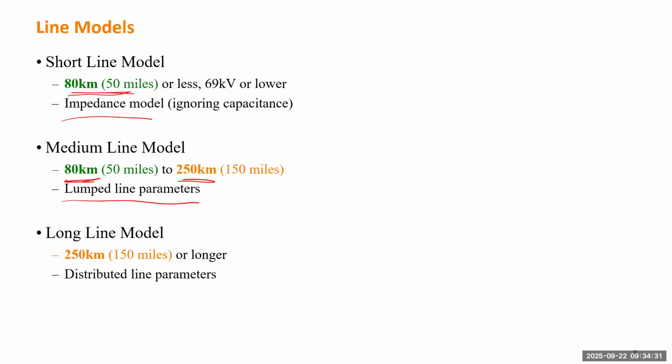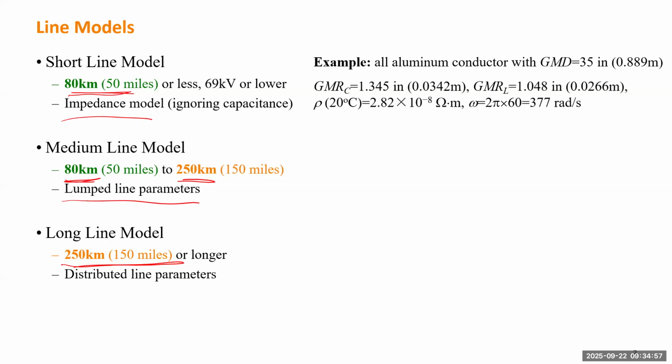But once you move to a long line model, longer than 250 kilometers, it's not accurate anymore to just treat the total resistance, for example, of the entire line as only one lumped element. You have to split it into many small pieces and distribute the parameters along the transmission line. That will make the calculation more challenging. Okay, we'll use one example from the previous section to talk about why we have such boundaries, 80 kilometers